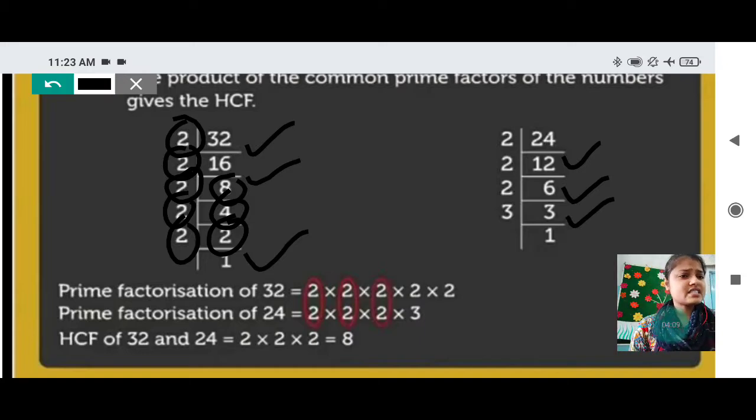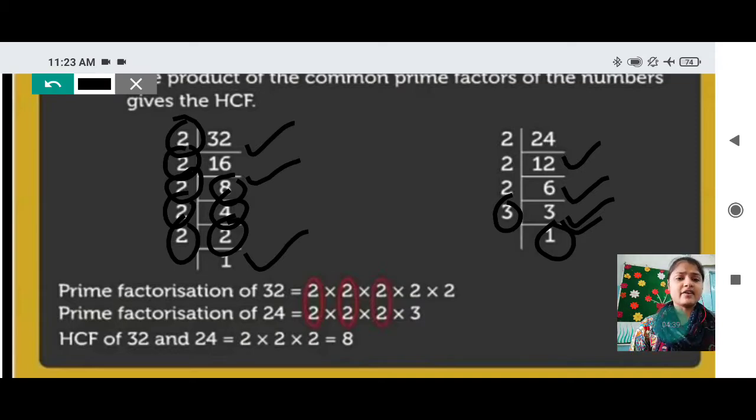Then, is this 3 divisible by 2? We can divide any number with whatever number we choose, but we have to keep in mind that the number should divide the given number completely without remainder, because we don't have to write any remainder. It should be completely divisible. So 3 was not divisible by 2, so I have divided this number by 3 only. 3 ones are 3, so I have written 1 as the quotient at last.